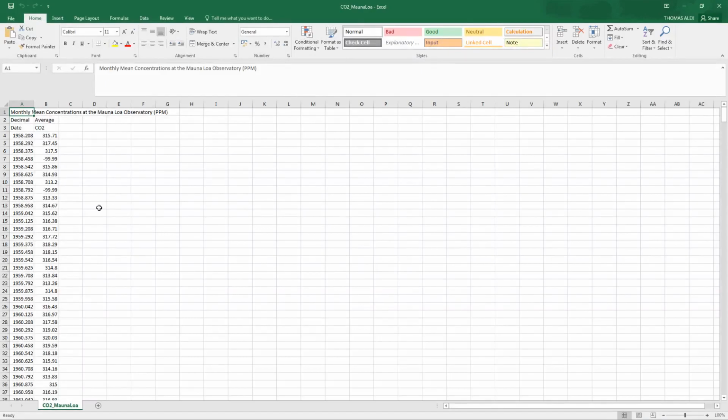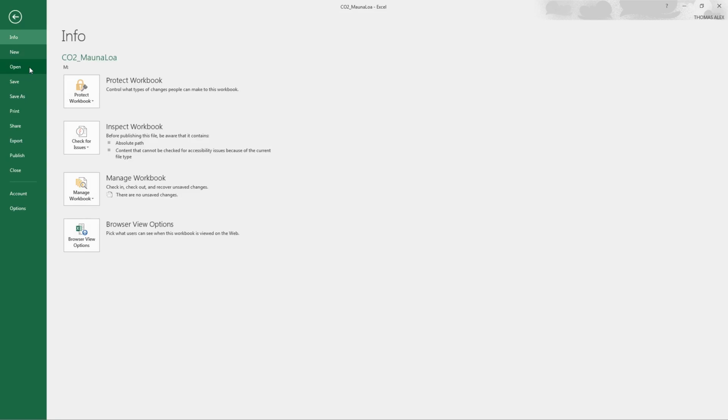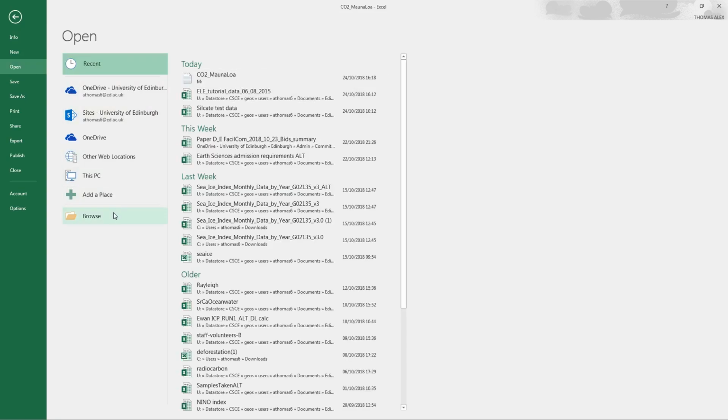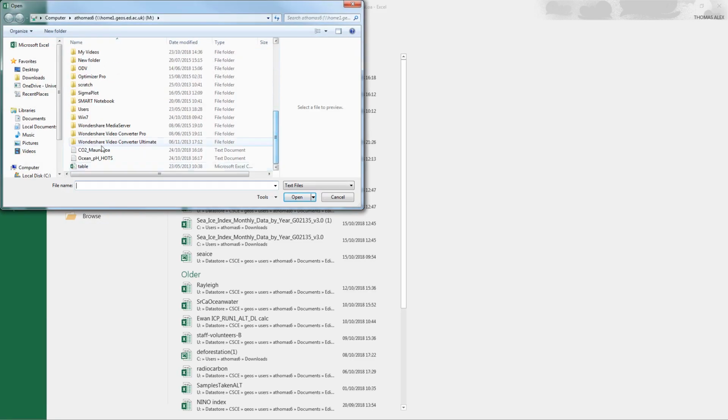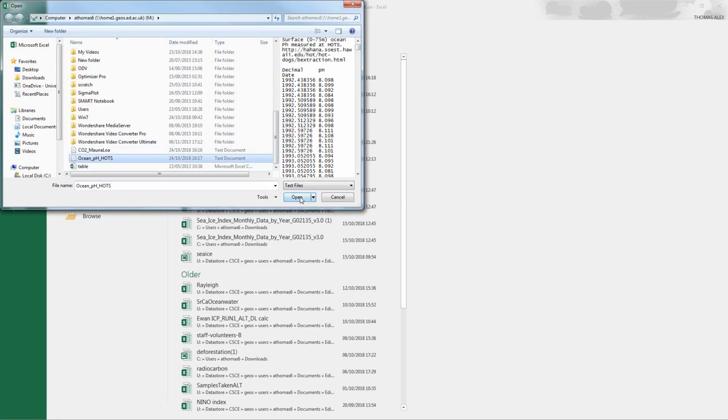Okay, and that gives us an Excel spreadsheet where the data is split into separate cells like that. So the next step is to open up the other data set. So open that, and go to browse, and it's taken us back to where we were before, so we'll just select Ocean pH,